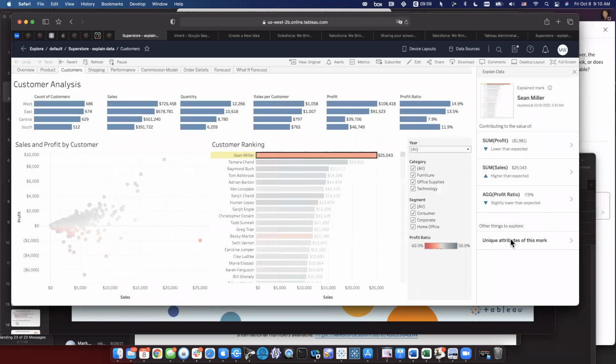On the right side, there is the Explain Data pane. And further, there are a couple of types of explain data. For example, I see the summary is higher than expected. I click this,